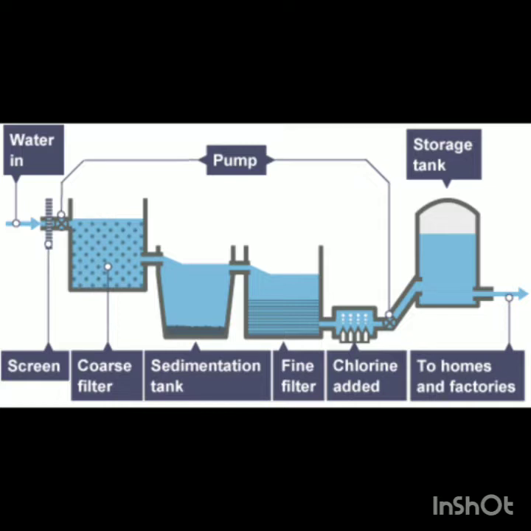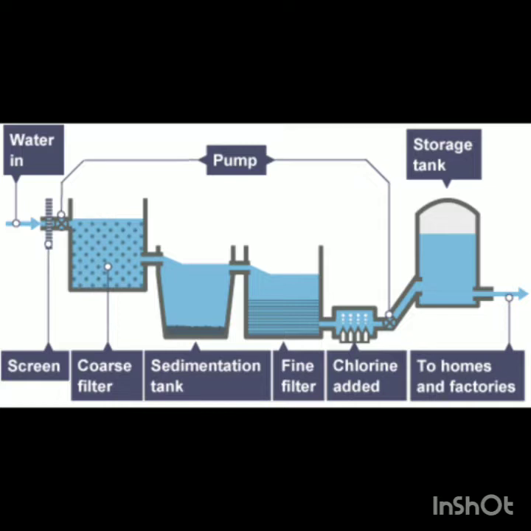The main source of water supplied in the cities is either a nearby river or a lake, also known as reservoirs. The water present in these lakes or reservoirs usually contains some suspended solid substances and some germs. So before this water is supplied to homes, it must be purified to remove these impurities as well as these germs. This is done at a place known as a water treatment plant or waterworks. It is situated near the bank of a river or a lake.